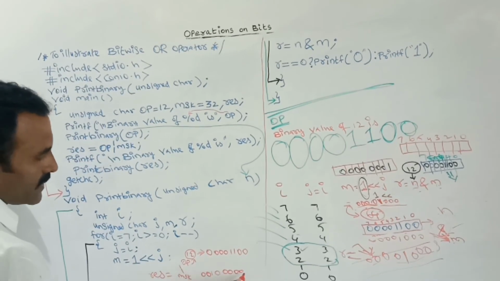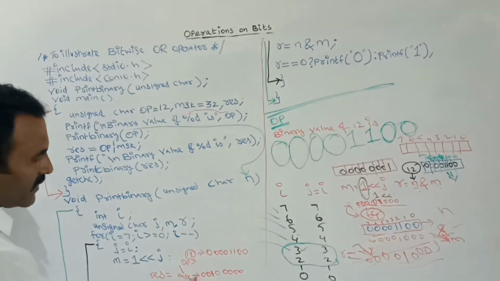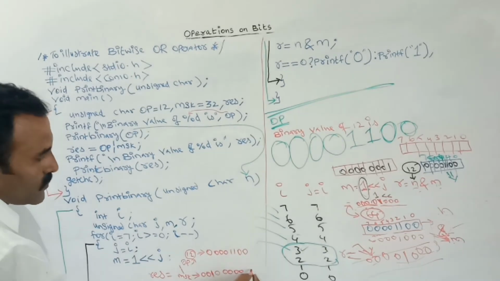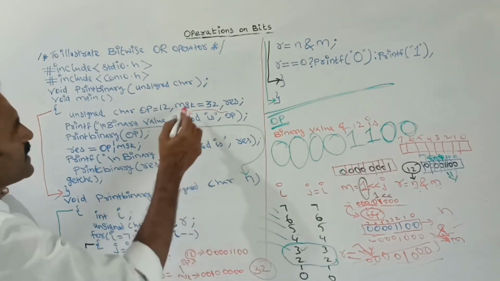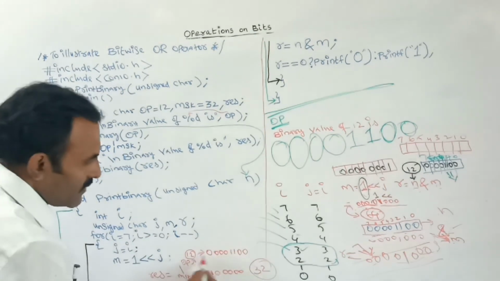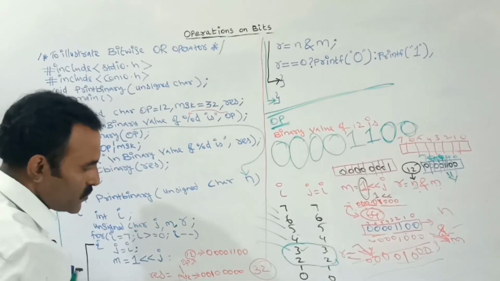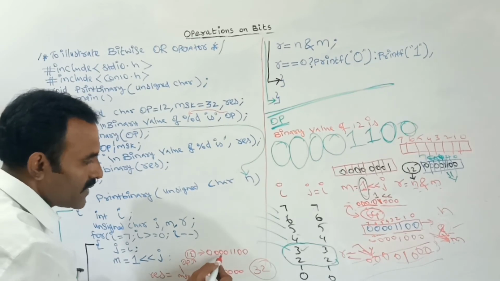Among this 8 bit, positions 0 1 2 3 4, the fifth position is 1 and every remaining position is 0. This is the mask value for turning on the fifth position. Here it is 32 in decimal, that is how he had stored it. Normally, for the number 12, the fifth position is off. By using this mask value I am going to turn it on.